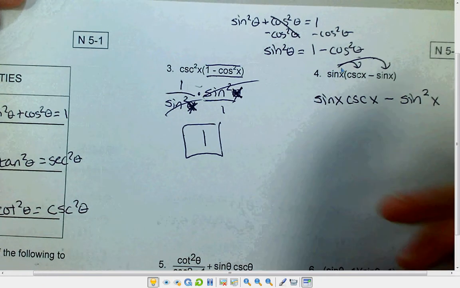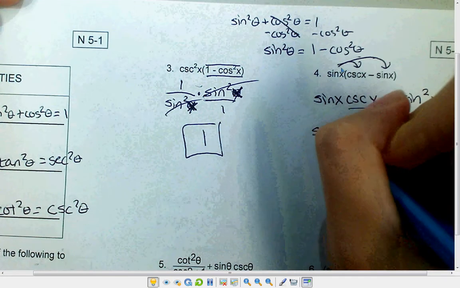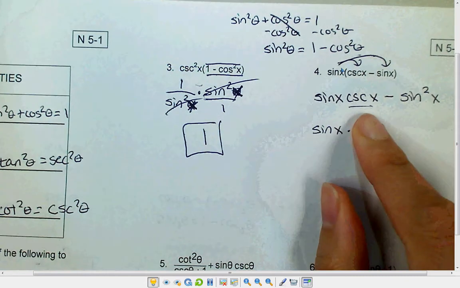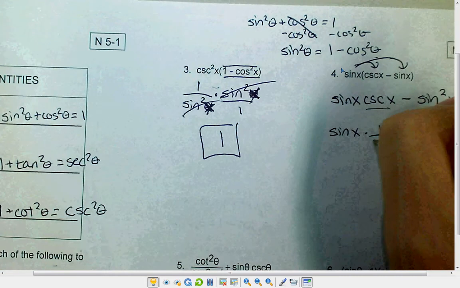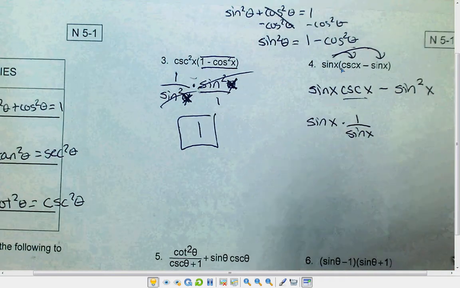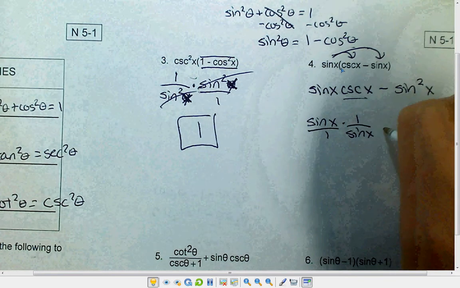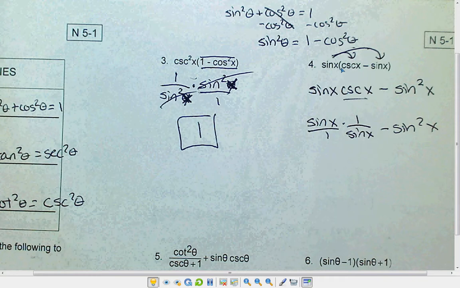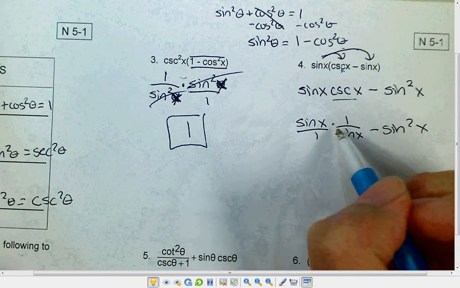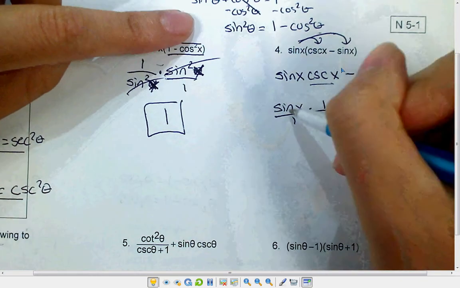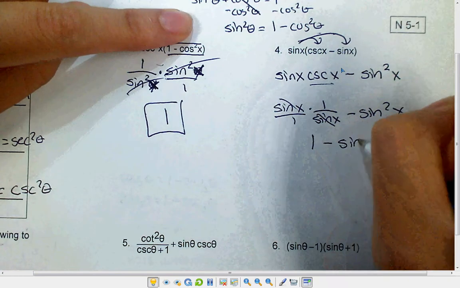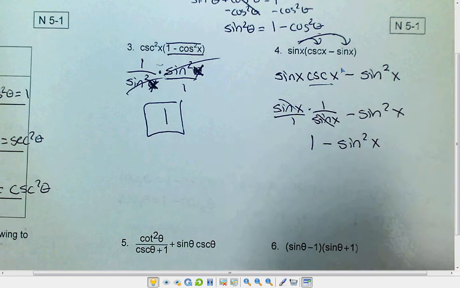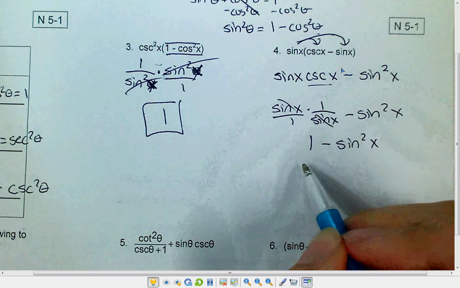gives you sine squared. I'm going to rewrite cosecant. So cosecant is a reciprocal. It's this one, 1 over sine. And so this is sine over 1. And right here, the sine and the sine are going to cancel each other out, which just leaves us with 1 minus sine squared. And again, this is a squared, and there's a 1, so this reminds me of one